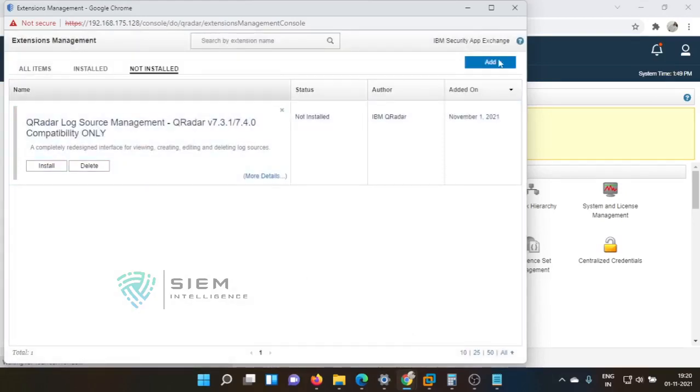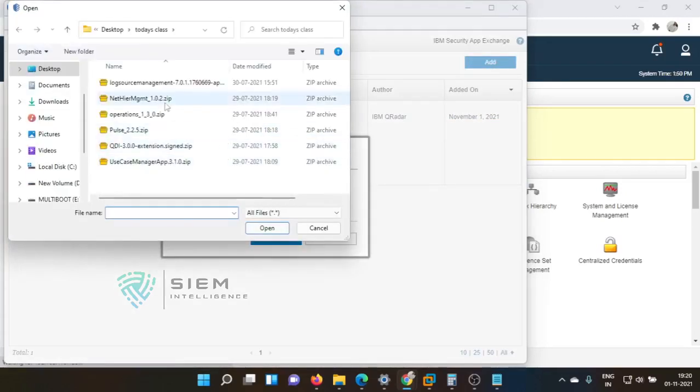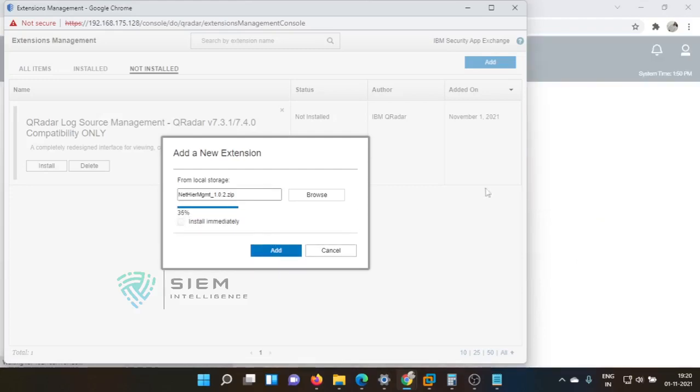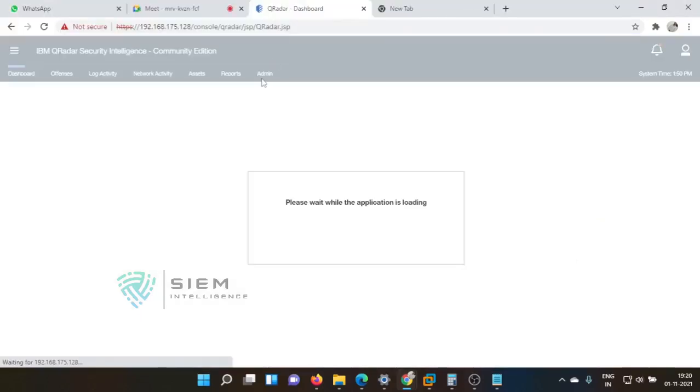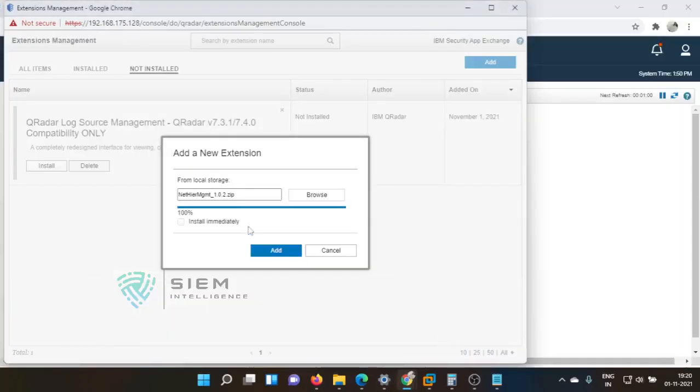I think it's okay. I'll add one more thing and see whether that will work or not. I think it has some undeployed changes. That's the reason.